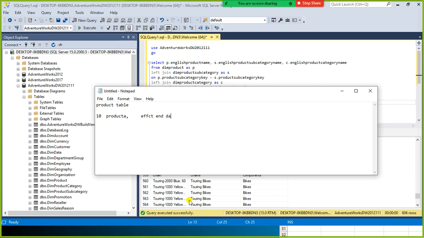Along with this, they maintain the price also, list price, something like that. So with this, they track between which date and which date, what the price is.